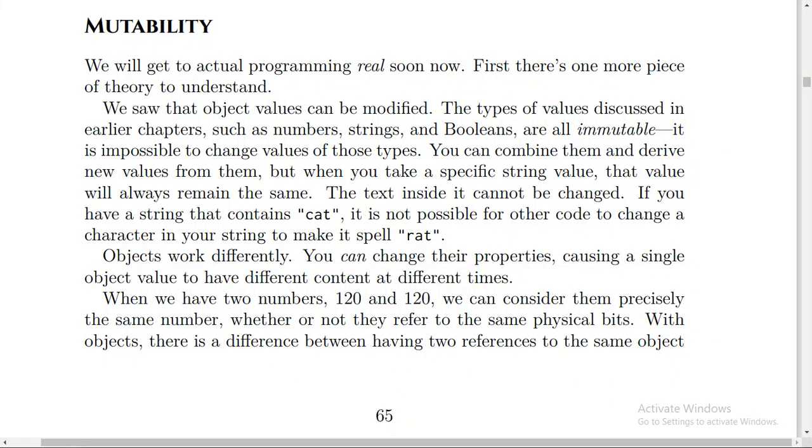Mutability. So what about mutability? Mutability will get to actual programming real soon now. First there is one more piece of theory to understand. We saw that object values can be modified, and the types of values discussed in earlier chapters,